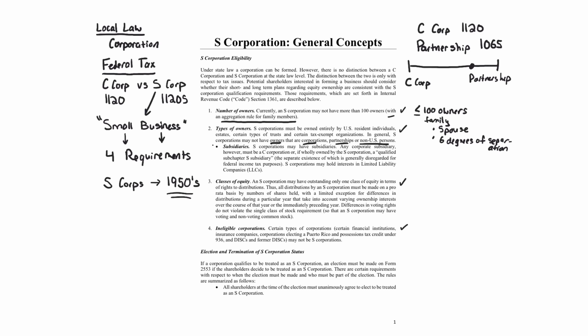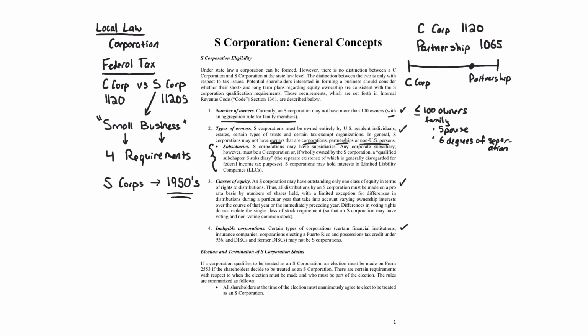Now, you can have the S corporation owning what we call qualified S subsidiaries, but again, the S corporation cannot be owned by an entity, cannot be one of the owners. And again, think about what Congress is trying to do here. It's trying to restrict this to small businesses. Small businesses can be restricted by the size and number of owners, the types of owners,